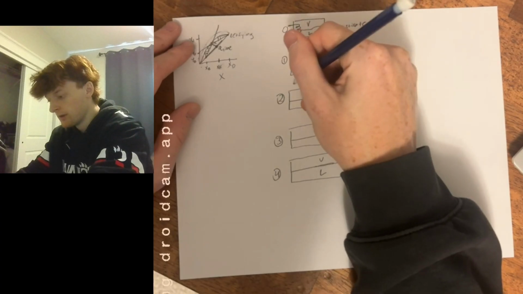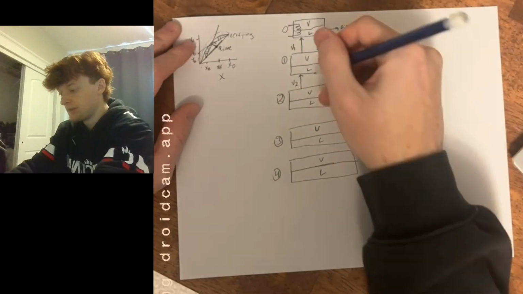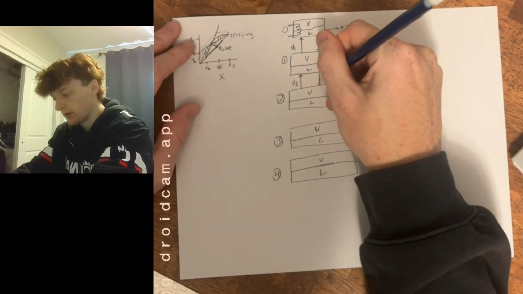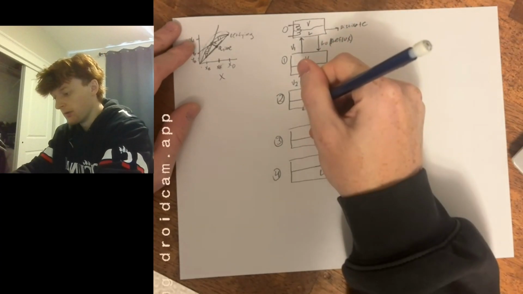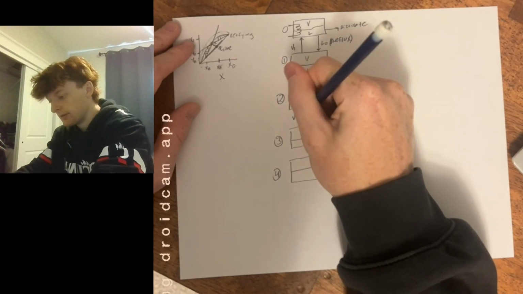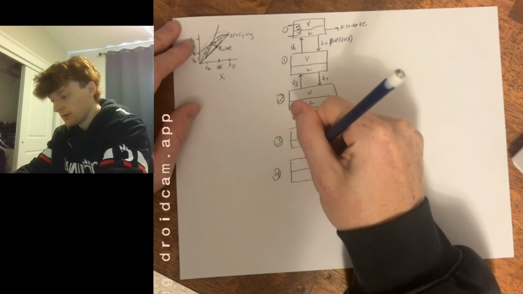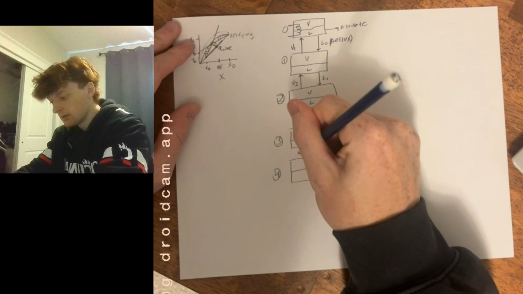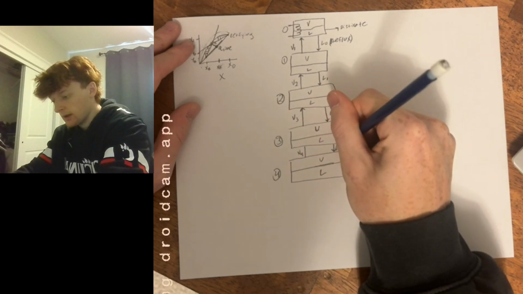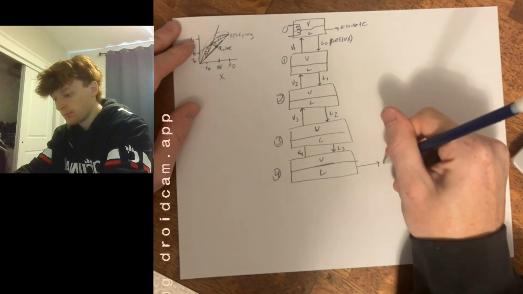to the top one. So this will be our vapor from our second stage, and then we'll have a liquid coming down here from our first stage. And this will keep happening for every stage. So we'll have V3, L2, V4, L3, and then we'll have our bottom